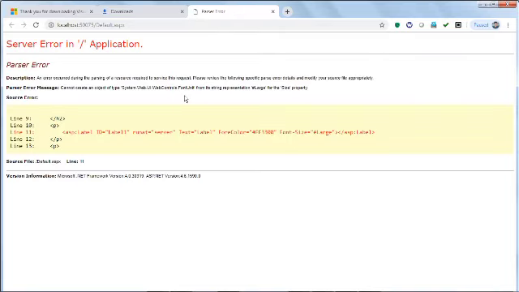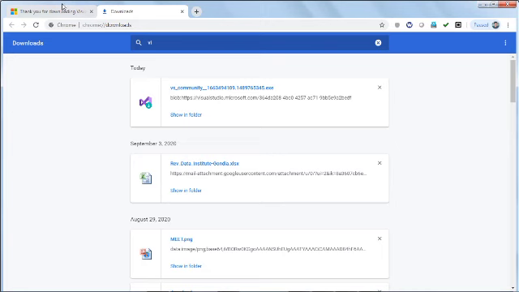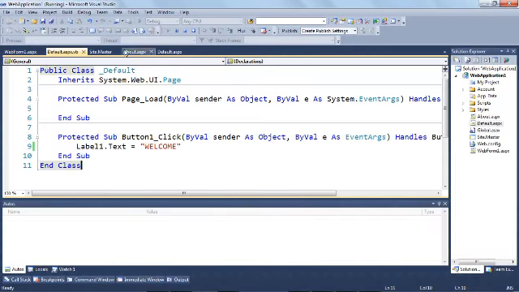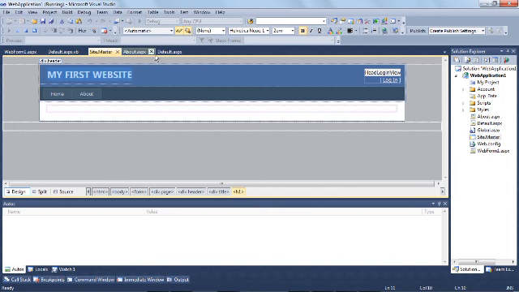So website will look like this. But there is an error because in the main site we have some changes.